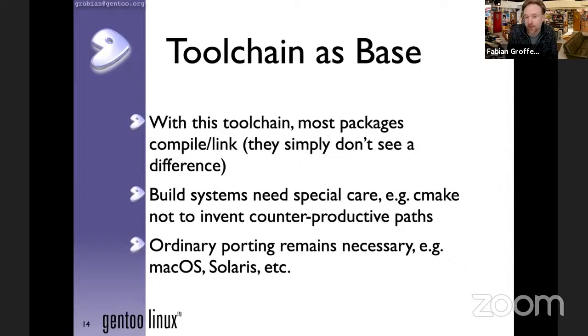So like I said, with this, most packages that don't do anything specific, like detecting compilers or figuring out on Solaris there is a /usr/sfw path, without all that kind of trickery, most things just work, which is pretty good. Because that means for free, you get everything that respects your offset prefix and grabs all the libraries from there.